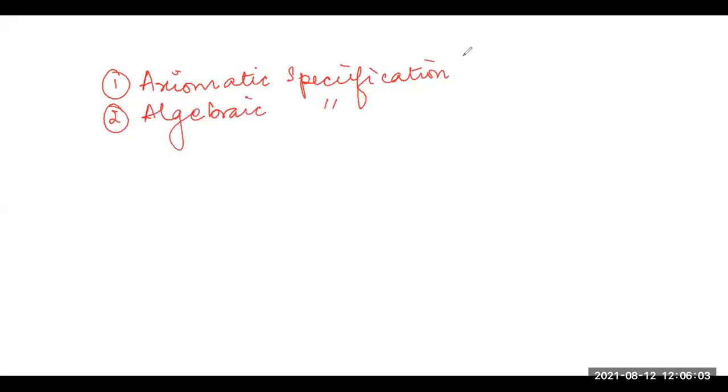So for the property oriented approach, two styles are there. In the axiomatic specification, logic is used in order to write the precondition and the post-condition,